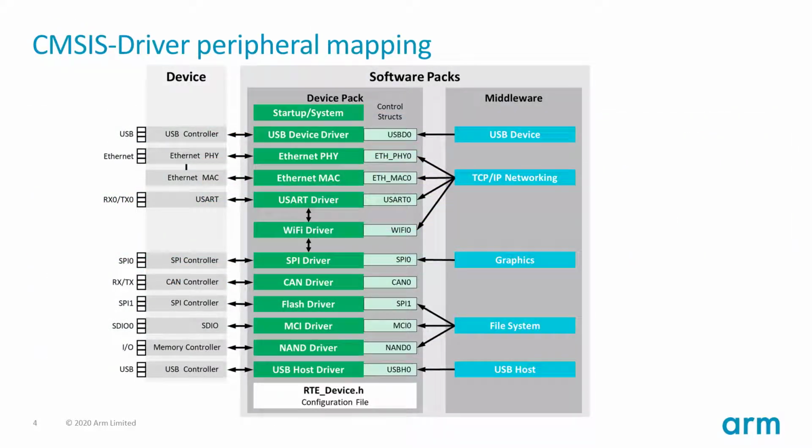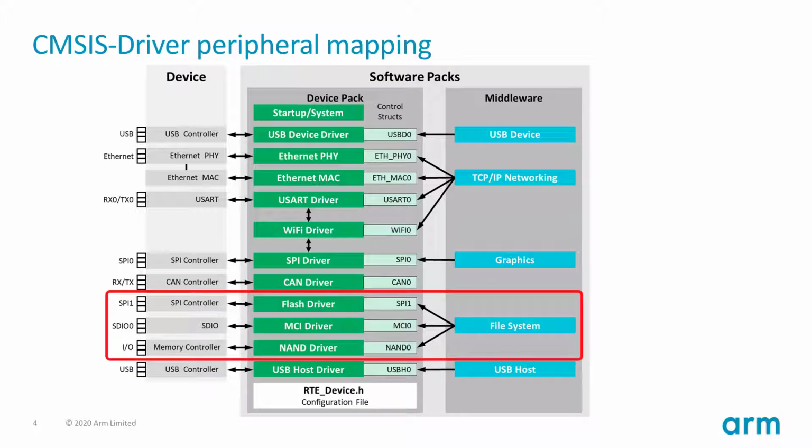The CMSIS-Driver API describes interfaces for middleware stacks and user applications. These driver interfaces connect the microcontroller peripherals with middleware such as communication stacks, file systems, or graphic user interfaces. How does this work? In general, middleware or the application software can access different CMSIS drivers to connect to the targeted hardware. For example, a file system component might want to use a USB stick to store data. Then it uses the CMSIS driver USB. If it uses an SD card instead, it might use the CMSIS driver for SPI or MCI, depending on the